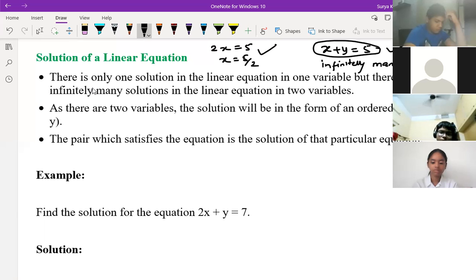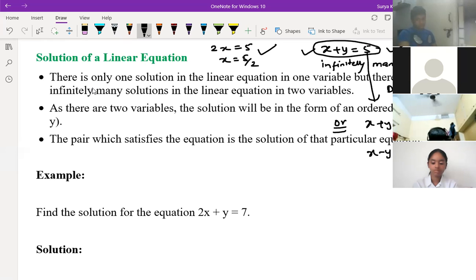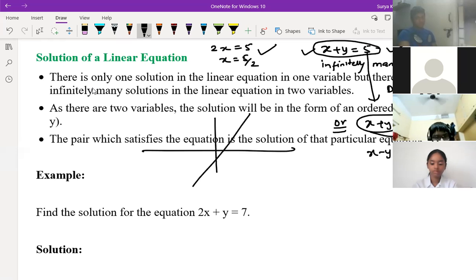See, the method will be what you know. They won't give this equation to you. They may ask you to draw a graph on the number line, or on the coordinate plane. They will ask for the graph, or they will give two equations, x plus y is equal to 5, and one more equation, and say find the solution, find x and y. Understood? So two ways they can ask. If only one equation they ask, it means what? Infinitely many solutions. Obviously, if you draw the line, you'll get only a line.